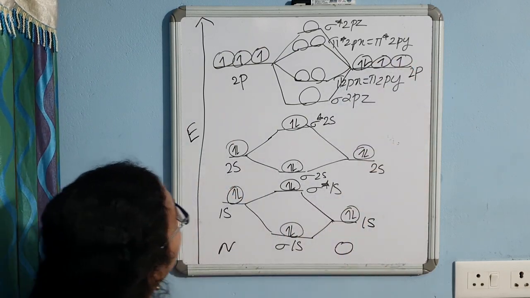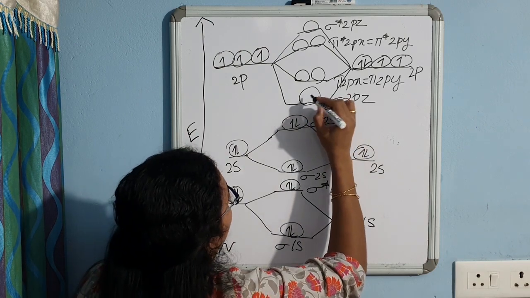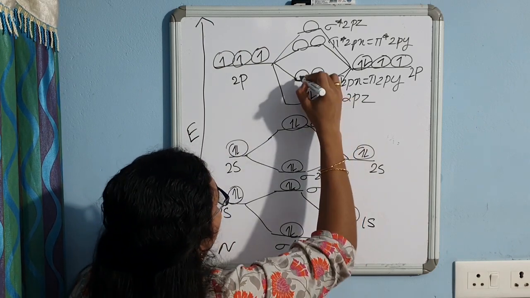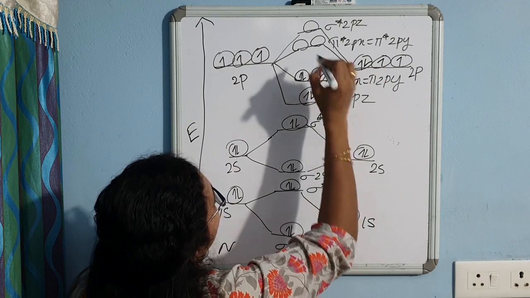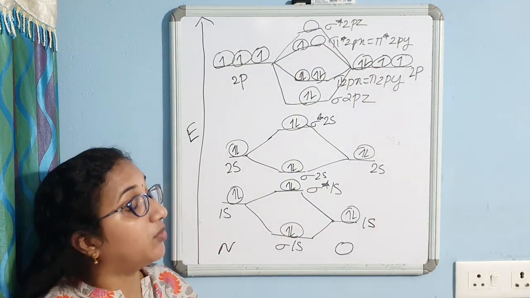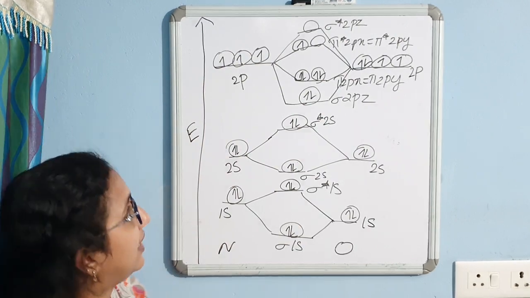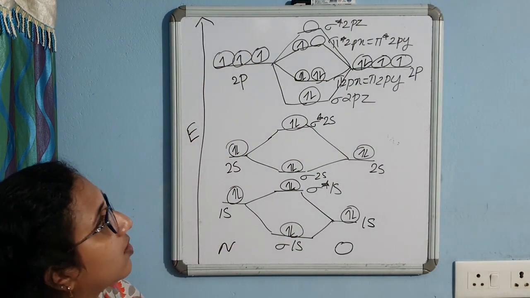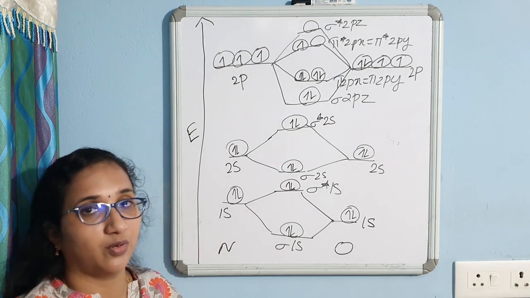So the total electrons in the molecular orbitals will be sigma 2pz2, pi 2px2, pi 2py2, pi star 2px1. So this is the MO diagram for the nitric oxide molecule, which is almost similar to carbon monoxide because both